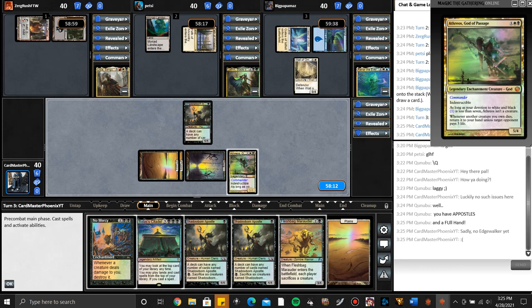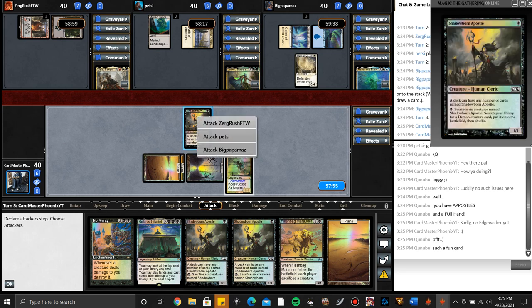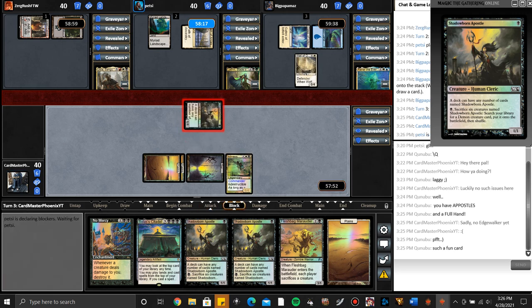Which is a 5/4 legendary enchantment creature god for a 1, a white, and a black. And it has indestructible. It is not counted as a creature unless my devotion to white and black combined is at least 7 or more. And whenever another creature I own dies, I can return it to my hand unless I have target opponent pay 3 life. I'm going to then proceed to combat and have my Shadowborn Apostle crack in against Petsy for 1,